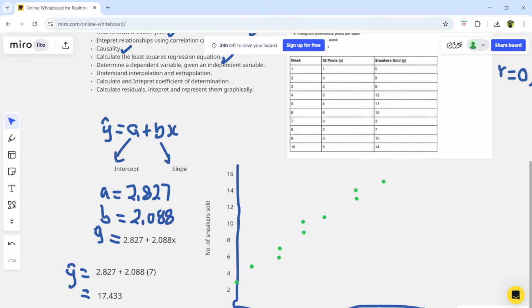So basically, if you look at the highest number of posts was 6, and there were 15